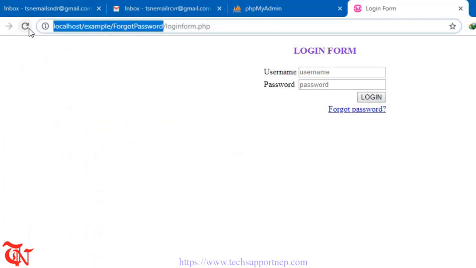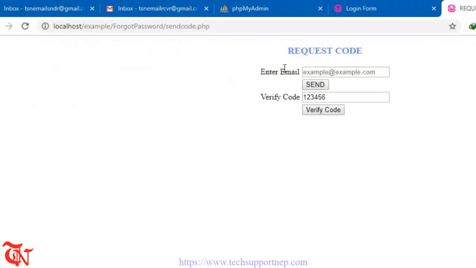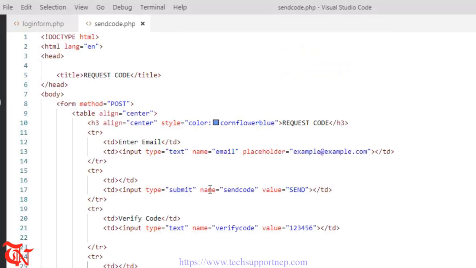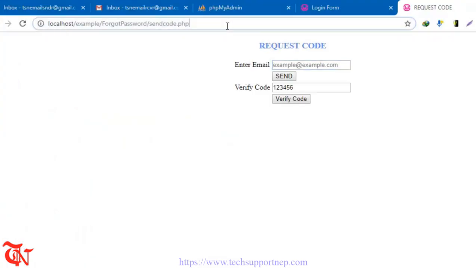Simply copy this, and here goes send code.php. There you go, email. But we need to display this send button and verify button over here. So here goes align is equal to right. Again here align is equal to right. So save it, and